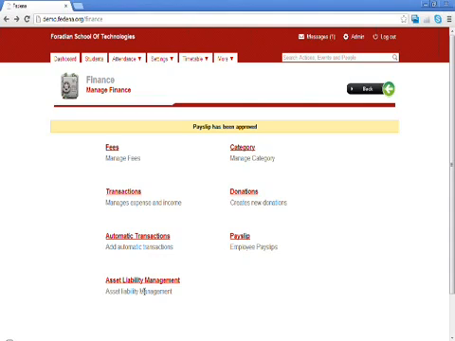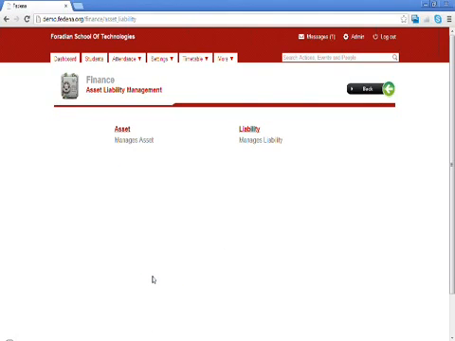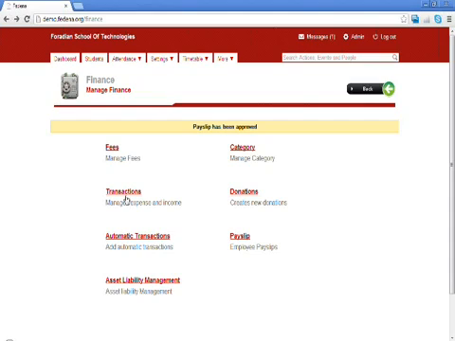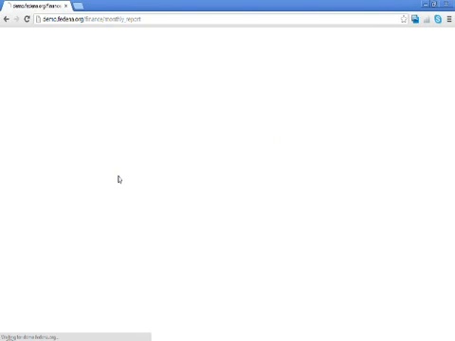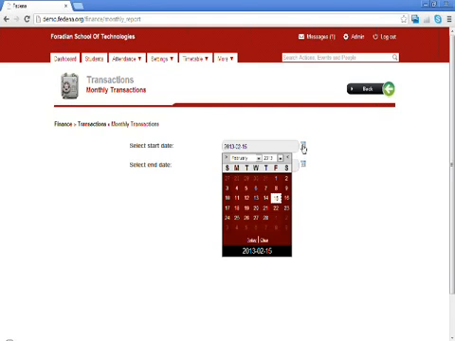And if you want to manage the assets and liabilities, that is if you want to enter different types of assets available in institutions or different liabilities for the institutions, you can use the options manage assets and manage liabilities. And next one, that is a transaction, where you can draw the transaction reports for a period of time. If you want to add any expense that was met by the institution, you can add expense. If you have to add any income that was earned by the institution, you can add income. And if you want to view the reports, go for the option